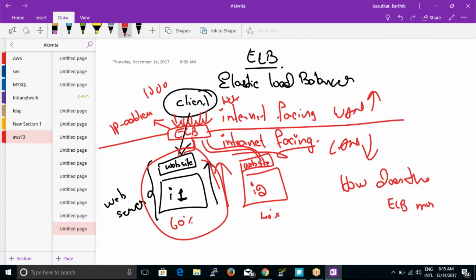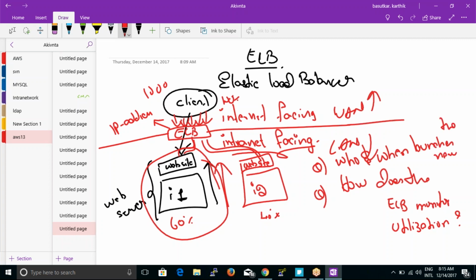This is one question. Second, who and when launches the new instances? This is the other question. There are two questions. Addressing the first question,